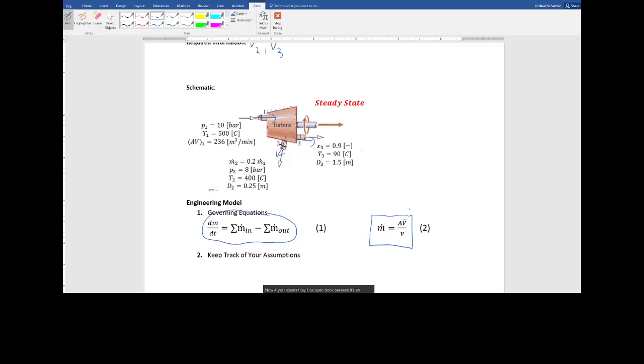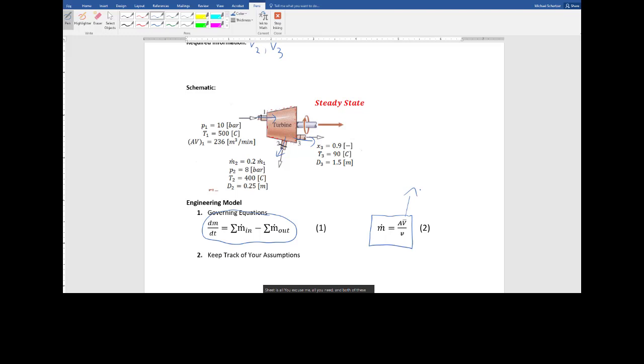Now, for your exams, they'll be open book because it's an online class. But if you go into the materials for the course, there's an equation sheet that I've developed, which is the one that I like to use when we're teaching the class. It's kind of one sheet, and it's got all the equations that I think you need. Now, you can go through and make a similar sheet. You can even put more information on it if you like. But I think that equation sheet is all you need. And both of these equations are on there.